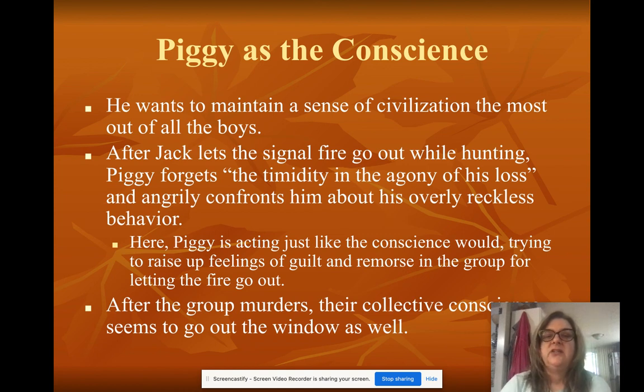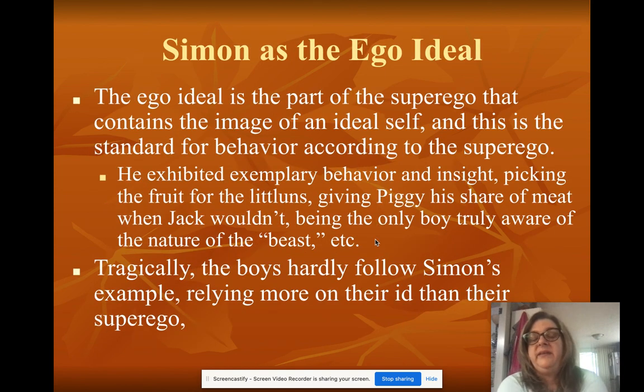He's the collective conscience. Simon is the ego ideal. He's a part of the superego that's the ideal self, and it should be the standard behavior. He's what they should be doing, thinking about taking care of each other, not running amok, but behaving in a civilized manner. But in the end, they can't follow Simon's example because Simon is not a leader. Ralph is the leader. So Simon ends up dying tragically,